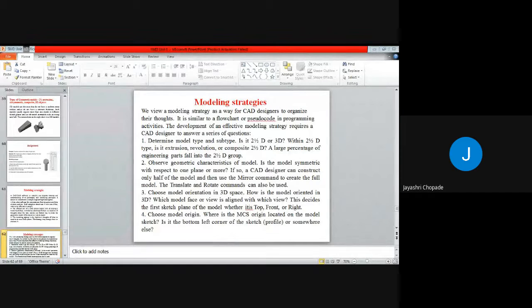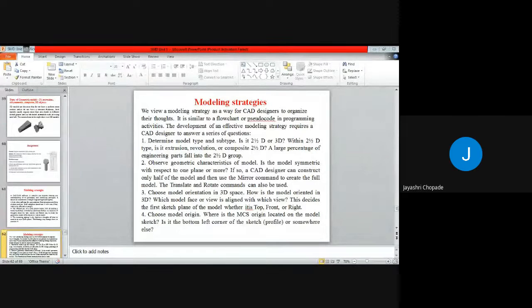Whether it is 2.5D or 3D. Within the 2.5D type, it is extrusion, revolution, or a composite of 2.5D. A large percentage of engineering parts fall in 2.5D because normally we initially convert the 2D model into 3D with the help of revolution and extrusion.